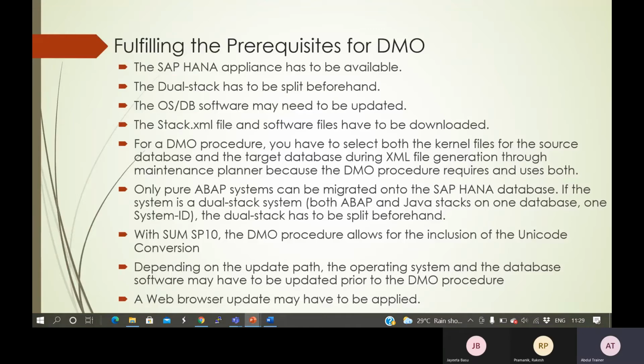So the prerequisites: SAP HANA appliance or HANA system database hardware should be ready. If you have a dual stack, then it should be split. OSDB software may